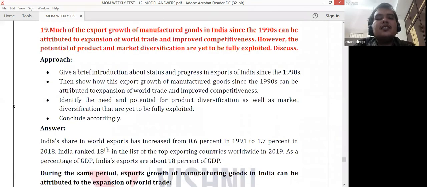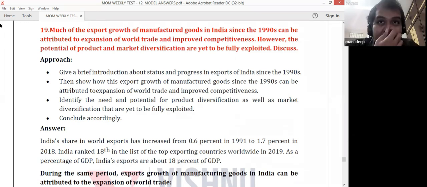what are the positive impacts that it has had, and how this PMJDY is used for different programs. For example, how it is used in PM Kisan, how it is used in PM Fasal Bima Yojana, and how it is used for providing social security. All these things you can write in a conclusion regarding how the system is being used for more than one identity or more than one ideology.